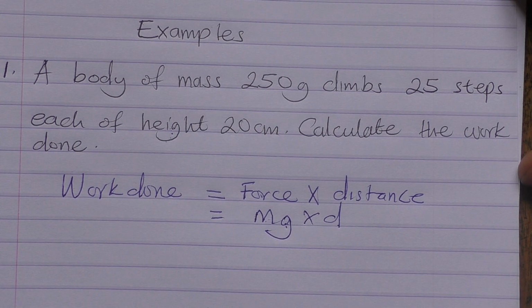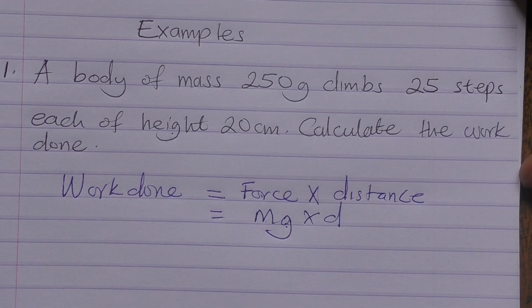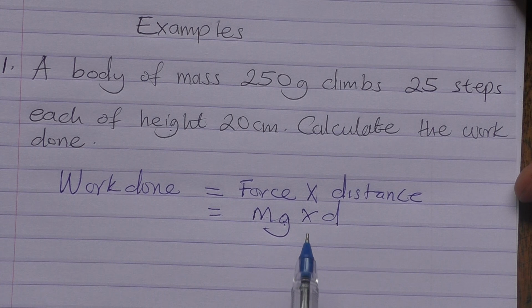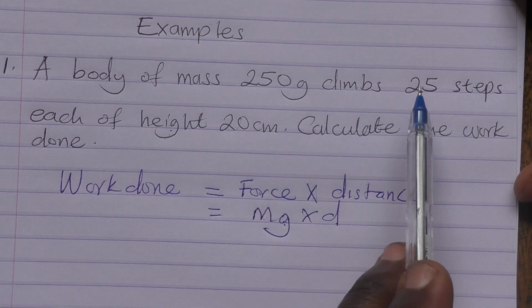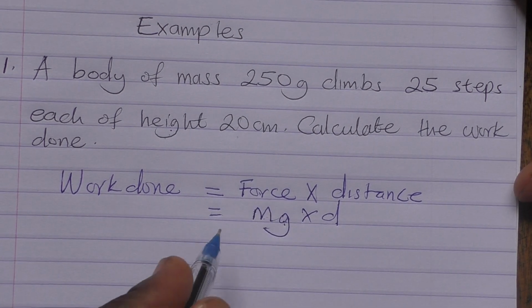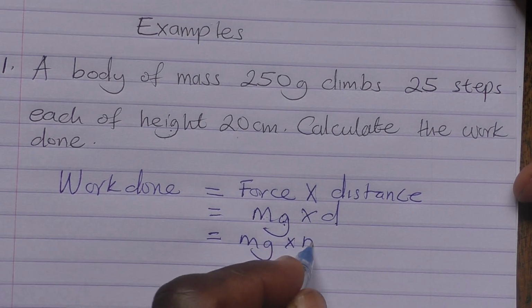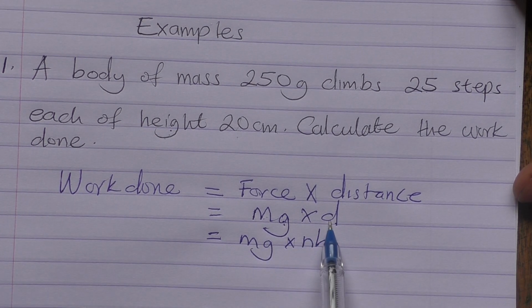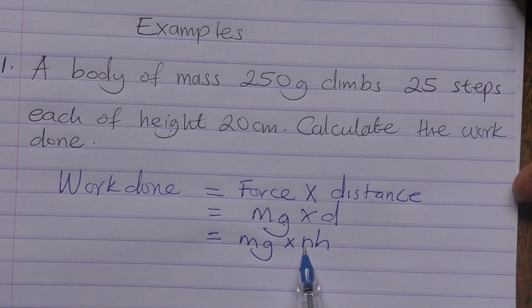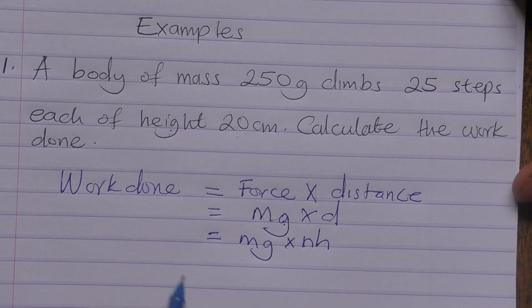Remember when we were looking at the formula for work done, there is an important note where we saw that in case of staircases, the total distance is given as the number of steps times the height for each step. So let us replace this with mg times nh for distance, where n is the number of steps and h is the height for each step. So that gives us